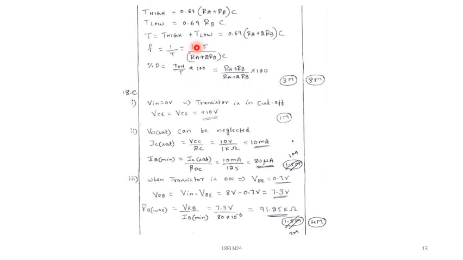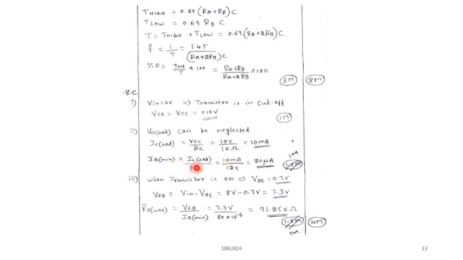This is 8b. So 8c, here it is a problem. Here Vin is equal to 0 and the transistor is in cutoff. When Vin is equal to 0, the transistor is in cutoff generally. So Vc is equal to Vcc, that is 10 volt. Vcc is given as 10 volt here, so directly write Vc is equal to that. And they mentioned Vc saturation can be neglected, so we can consider it as 0. So the IC saturation is given by Vcc minus Vc saturation by Rc, but Vc saturation is 0. So Vcc by Rc, that is 10 by 1 kilo, we will get 10 milliamps.